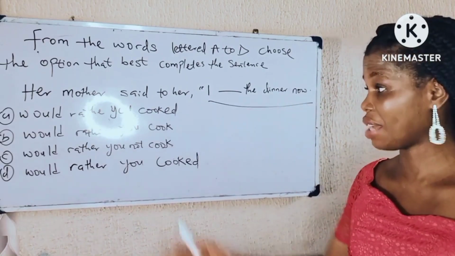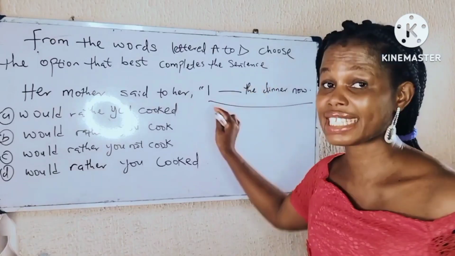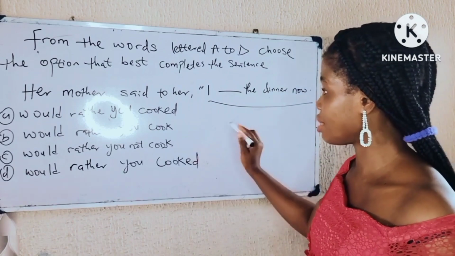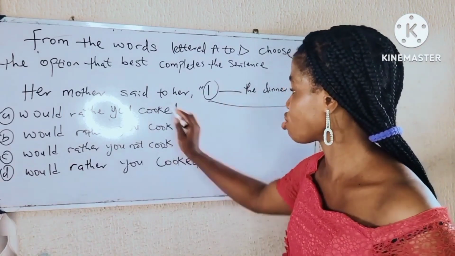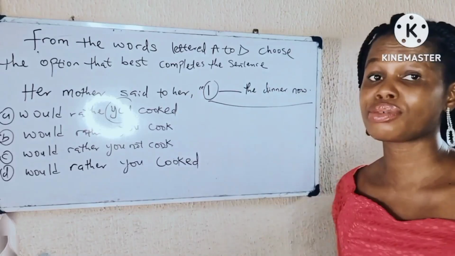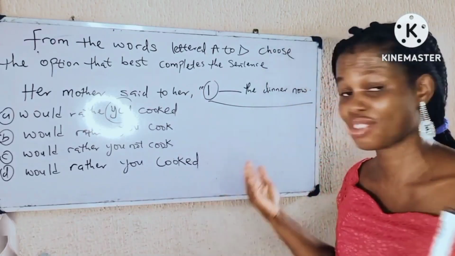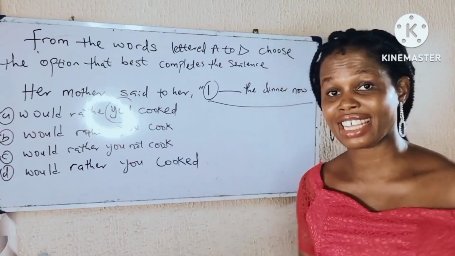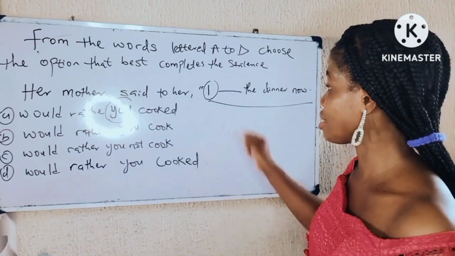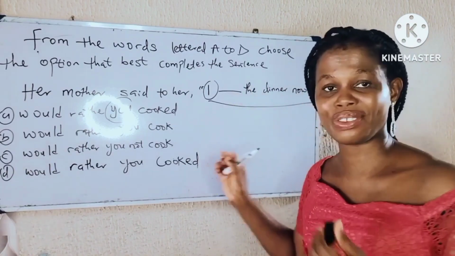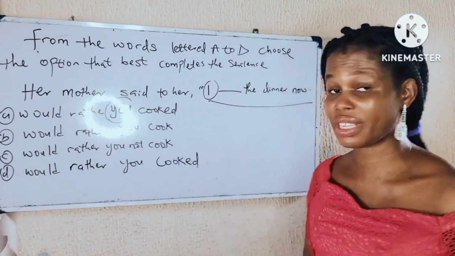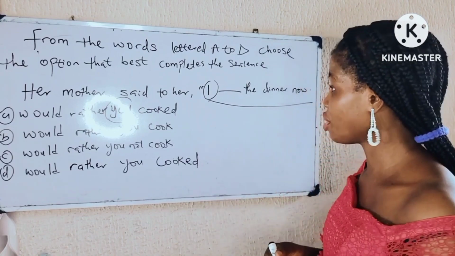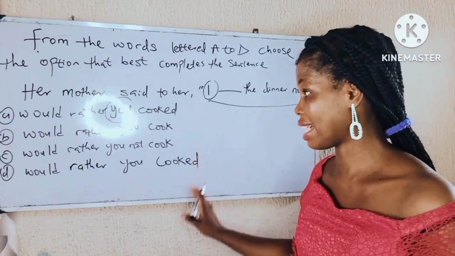To complete the sentence, we have to choose an option to fill this gap. Now when we choose any option from here, we're going to have two subjects: I plus you. These two subjects refer to two different individuals. So when you have a sentence that contains would rather that has two subjects, one in the part that contains would rather and one in the part that expresses the preference, referring to two different individuals, we're going to use a verb in the past tense like I mentioned earlier.